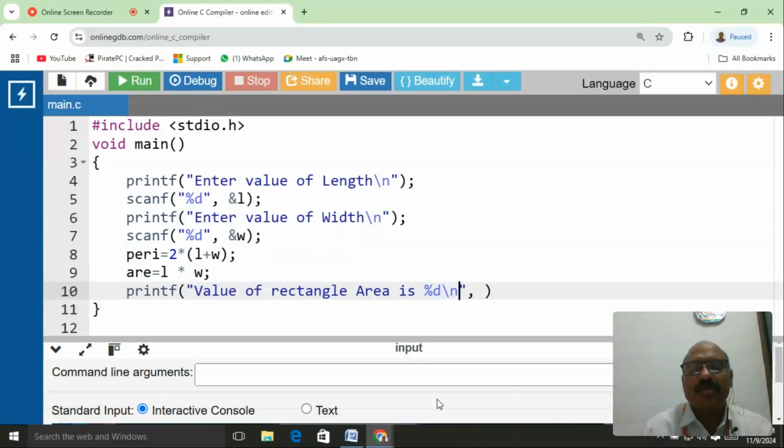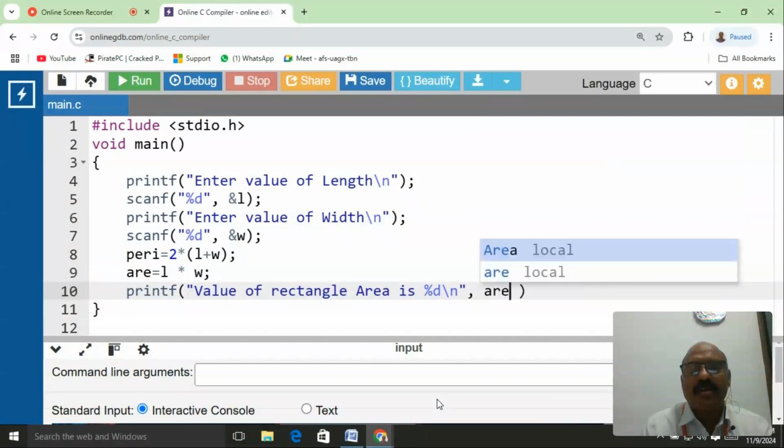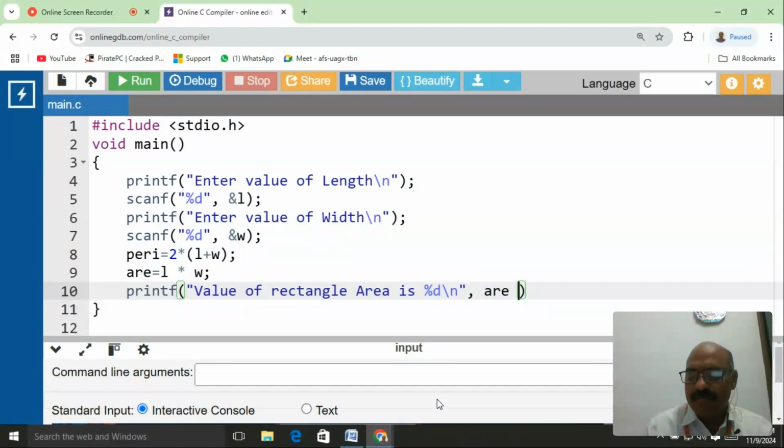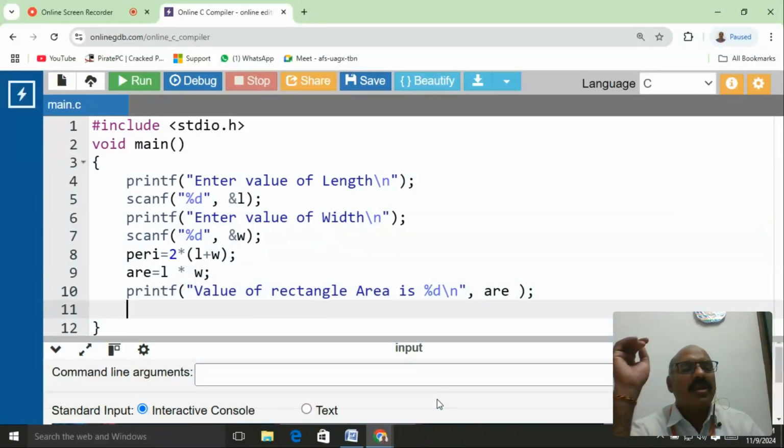The value is stored in the ARE variable. So I'm going to write here ARE and a semicolon. The semicolon indicates the termination of each and every statement in C